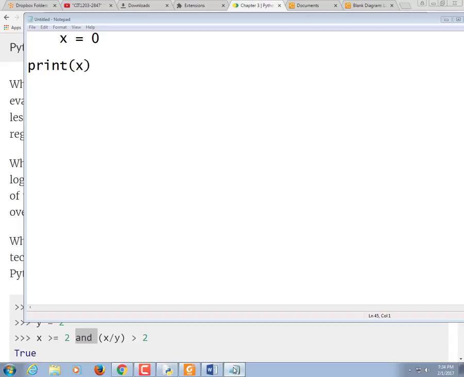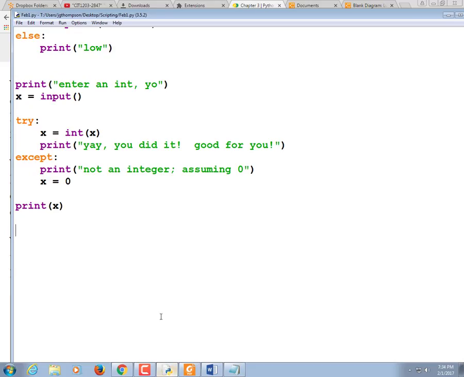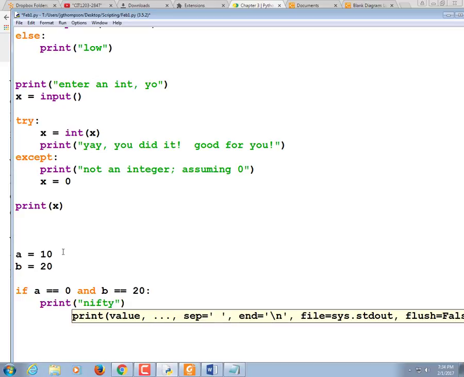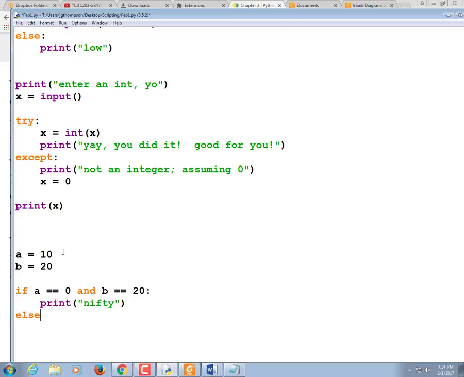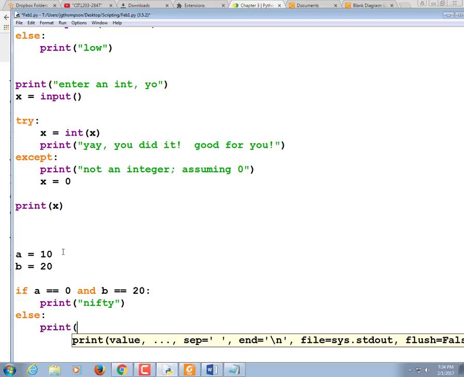Okay, I'll put it in IDLE so that I actually know that it's typable. So we're going to do A is equal to 10, B is equal to 20, and then we're going to write an and if statement. If A is equal to 0 and B is equal to 20, colon, print nifty. Else, colon, print